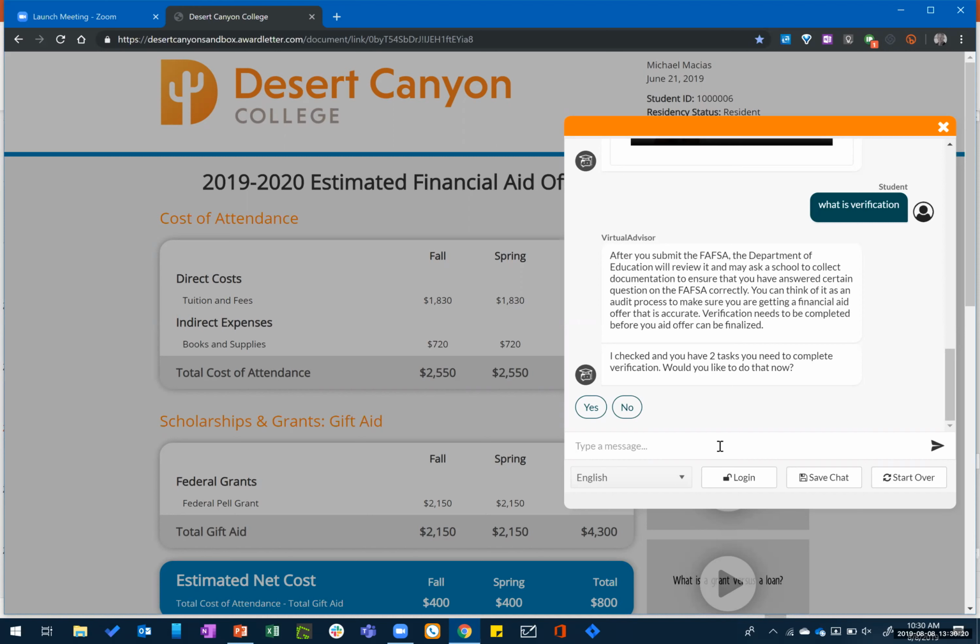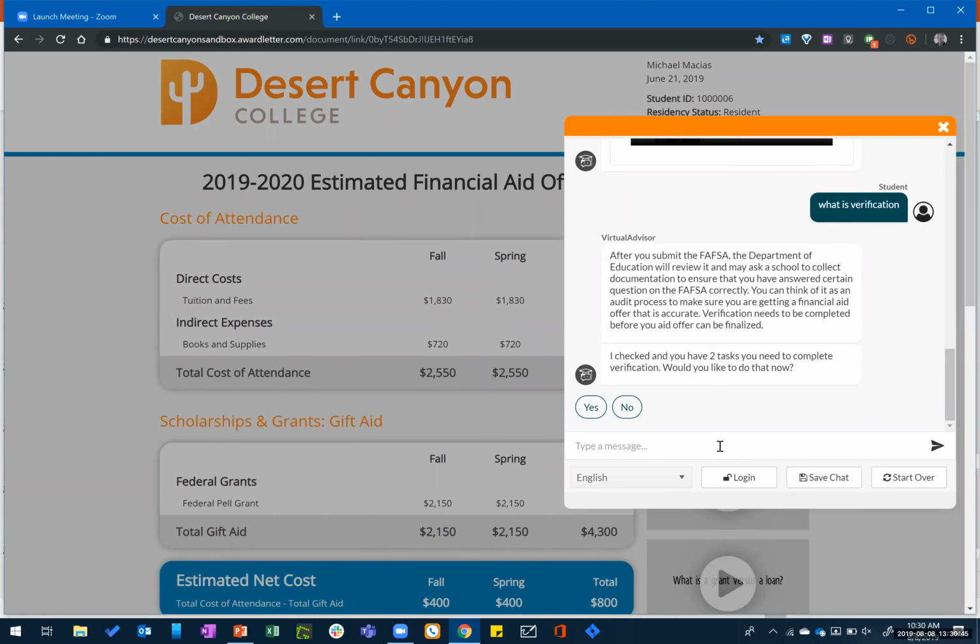So I now know I'm talking to Chris. But it's going to check the API to Student Forms and see, well, Chris is asking about verification. Let's see, has he been selected for verification, and does he have anything left to do? So I didn't ask if I had outstanding documents. I didn't ask if I've been selected for verification. I only asked what it means.